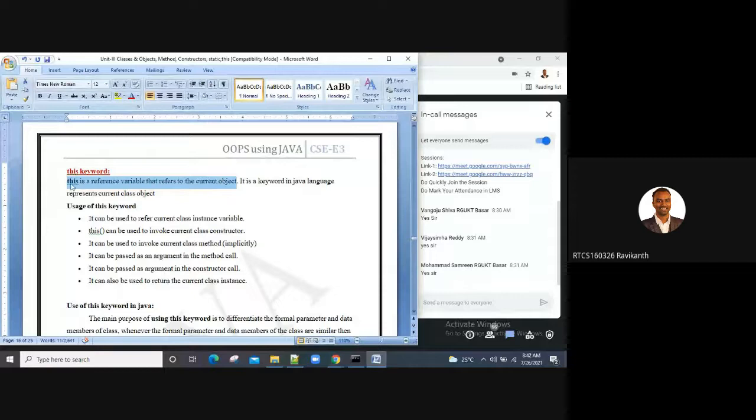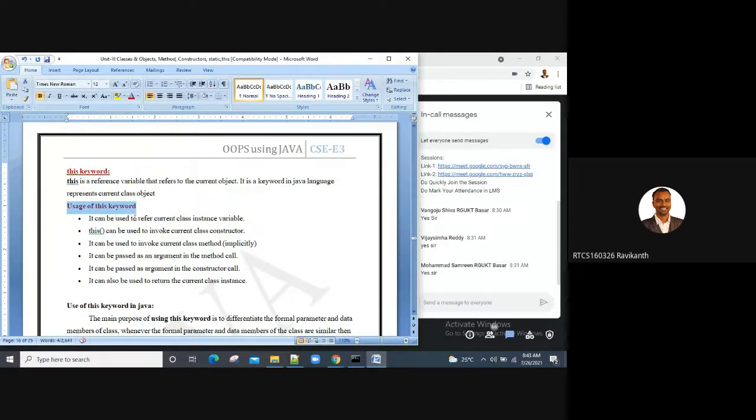It is one among the keywords in Java. So how do we use this keyword? What are the uses of this keyword? How important is it? You can observe the difference in the upcoming examples.